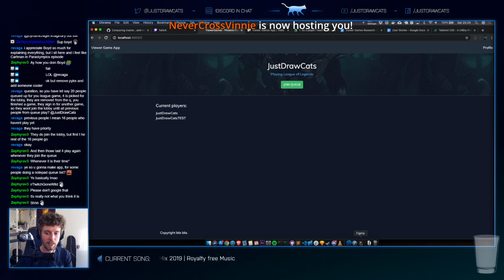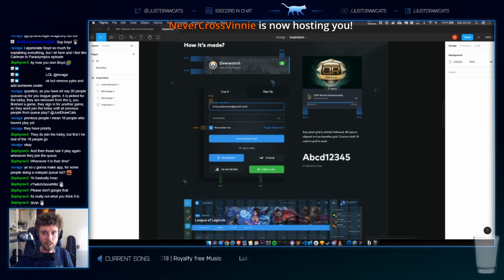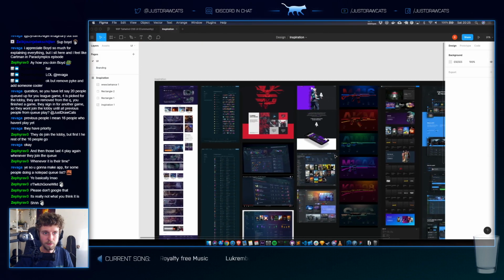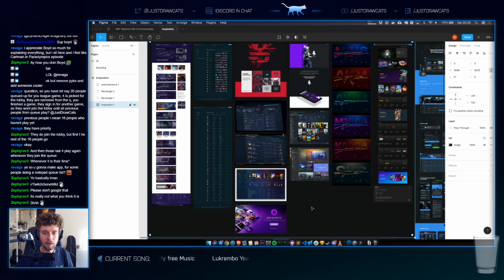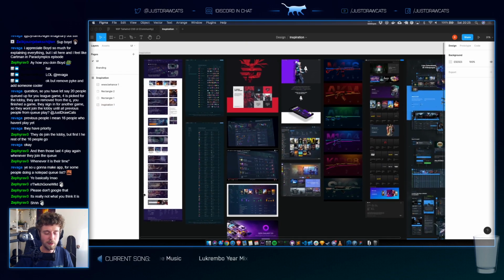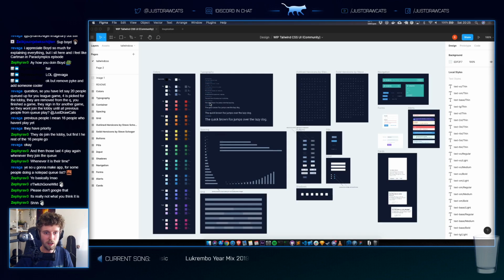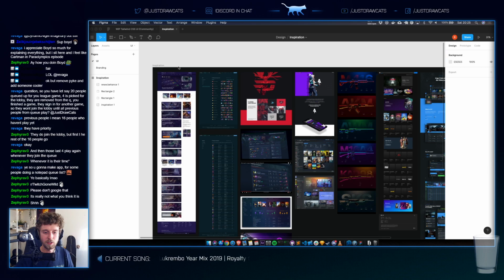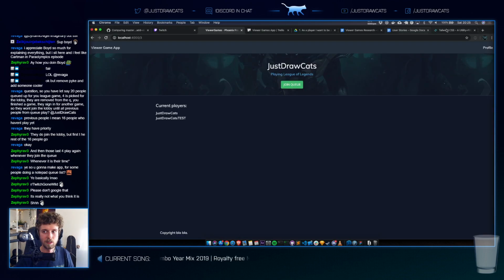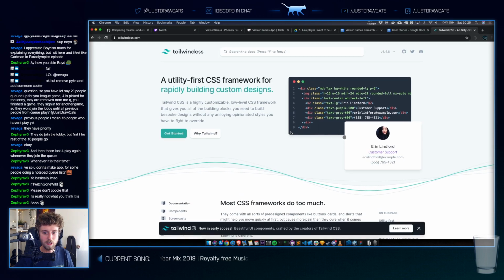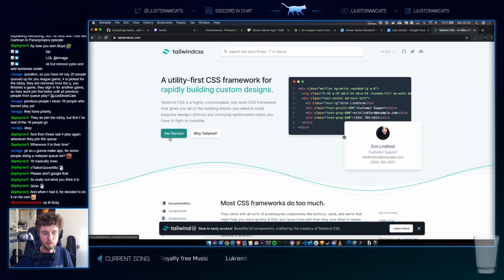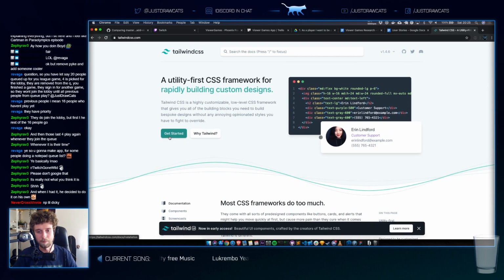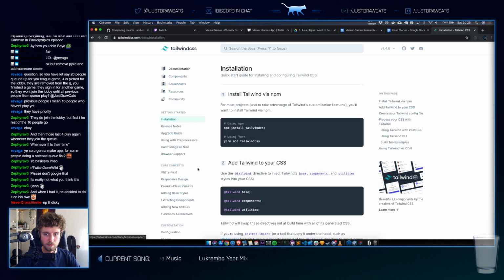I was gonna work together with CAD on the UI, but he hasn't had much time yet to join. So I started bootstrapping something myself. I'm not entirely happy with the color scheme that I have right now. I'm using a utility-first CSS framework, which has been very nice for me at work and other places, and makes it super easy to build UIs.